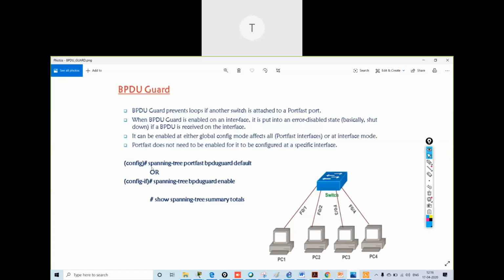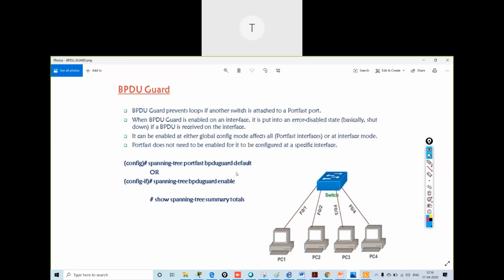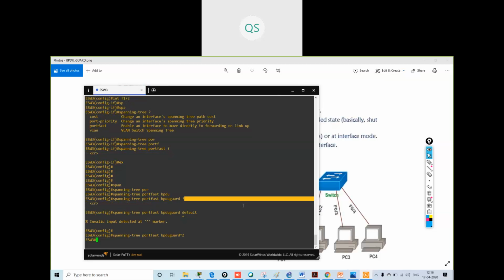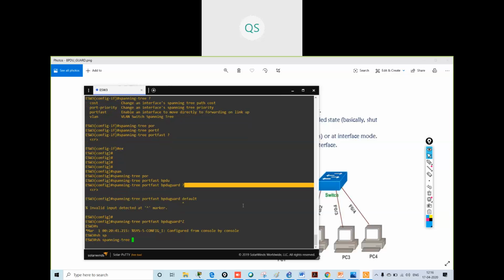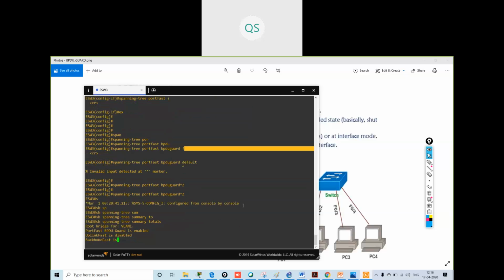In global mode, I have to give spanning-tree portfast bpduguard default. But maybe on layer 3 switches we don't need the default anymore. They make changes a lot of times. But it is not working. So I can give this command: show spanning-tree summary totals.